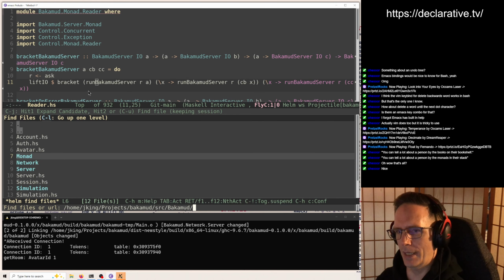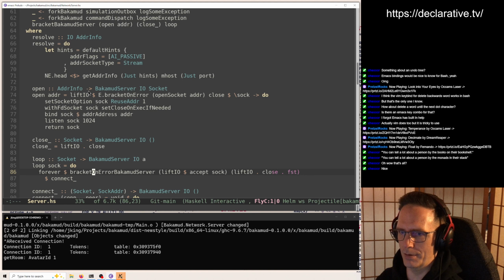In the network layer, when we get a new connection, we're forking a thread for that connection. Things like that. We're bracketing these sockets, so we clean up the sockets when the connection is closed.